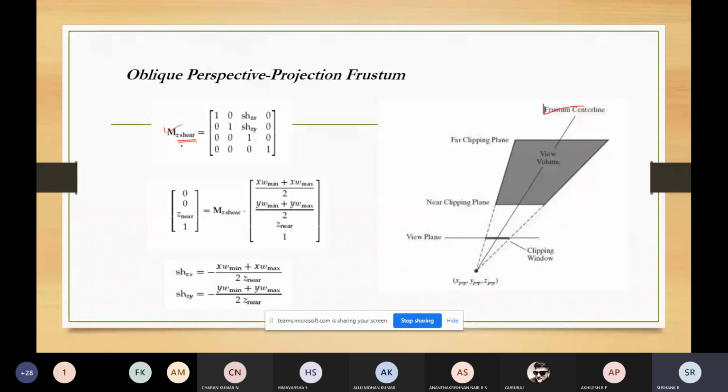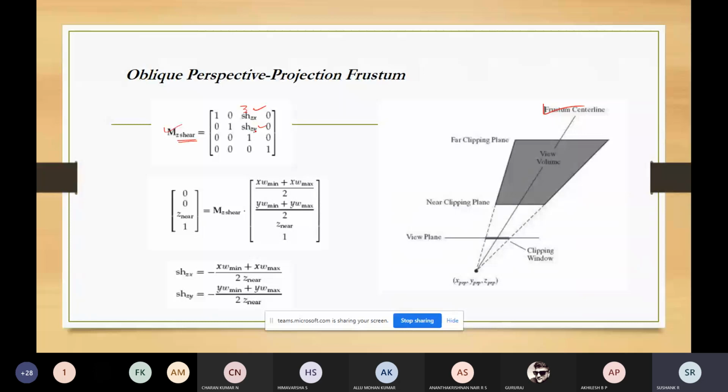So what will this transformation do? The transformation is given for x, y, z axes. Since it is along the z-axis, the z parameters are given with some shear values. The other values are zero, and it is an identity matrix where the diagonal elements are one. This is the z parameter: the z parameter along the x-axis, and the z parameter along the y-axis.